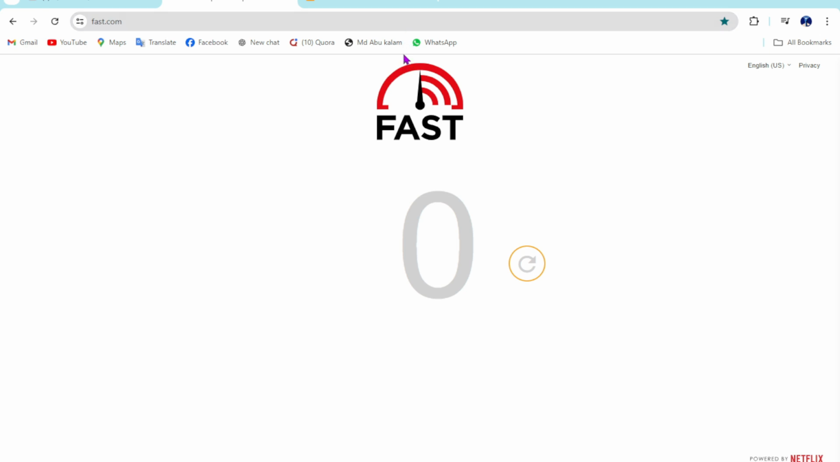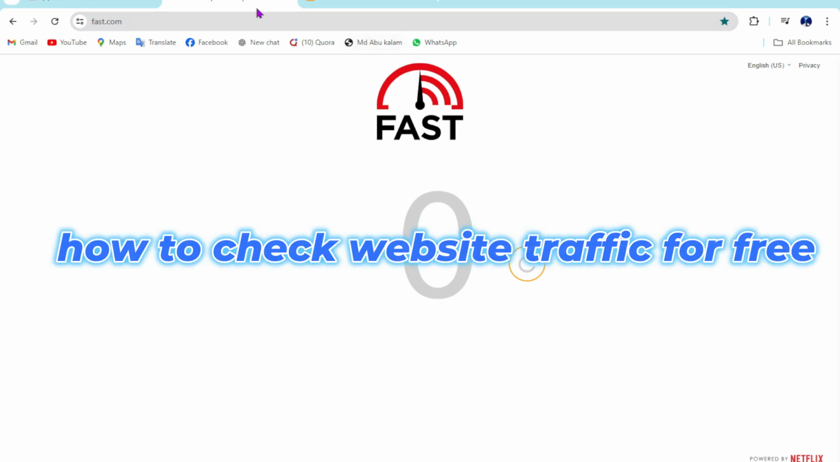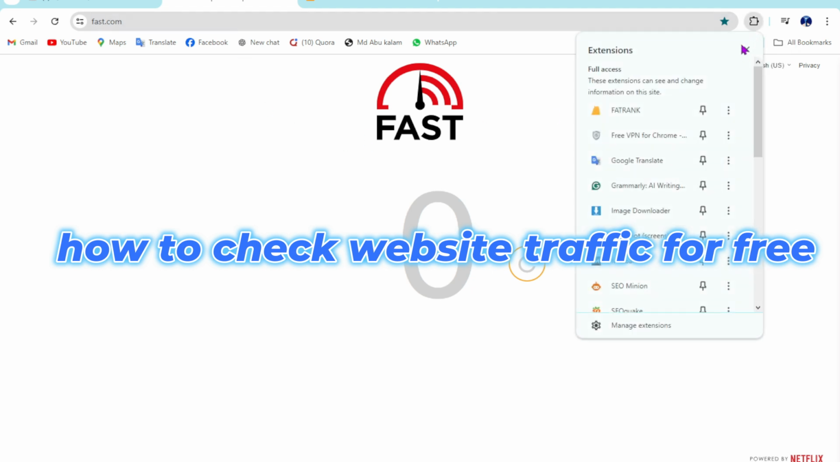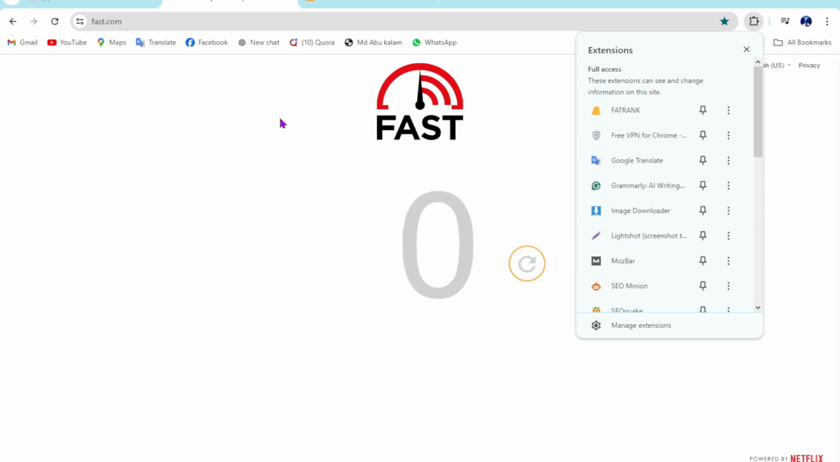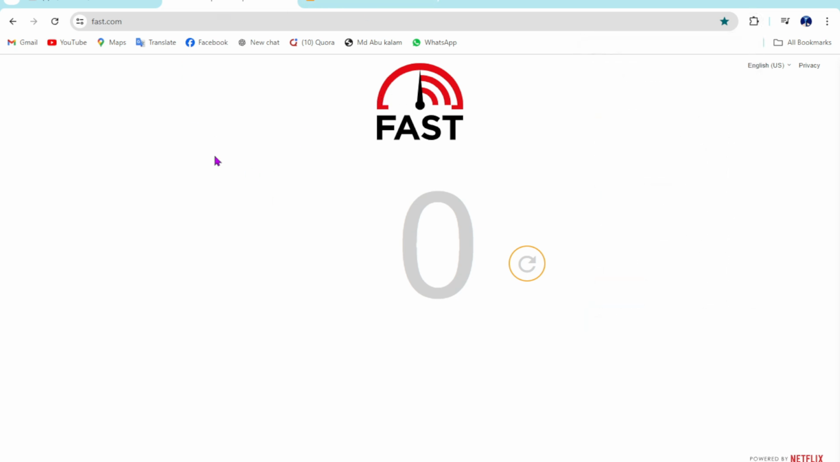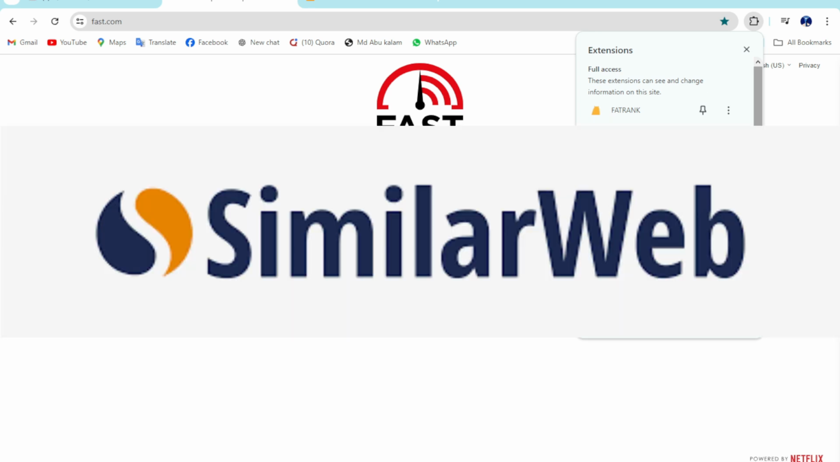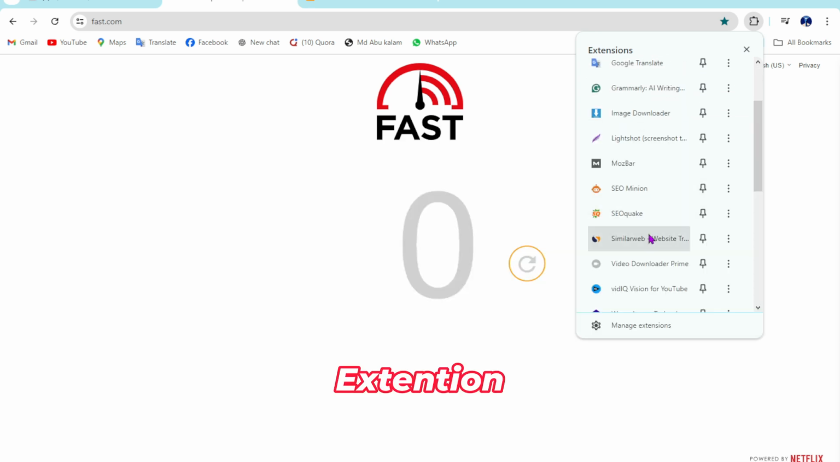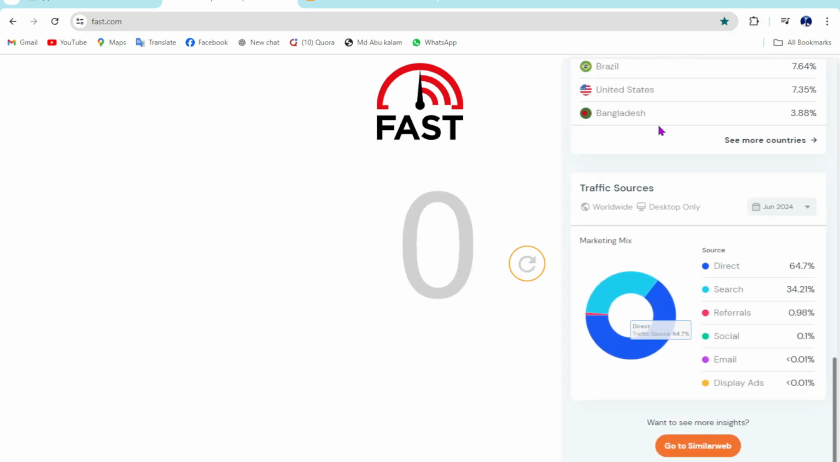In this tutorial, I'm going to show you how you can identify a website's traffic. There are lots of ways online to analyze a specific website's traffic, but I have a free option for you. For example, I open this website, fast.com. Then you need to install a free extension, SimilarWeb. Just click on SimilarWeb. You can see